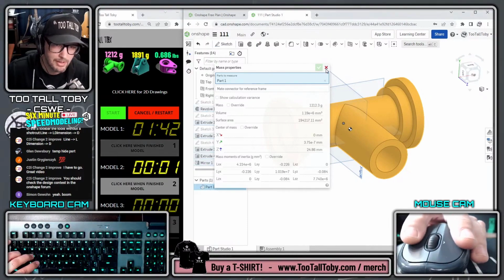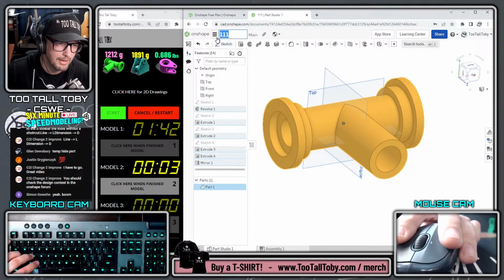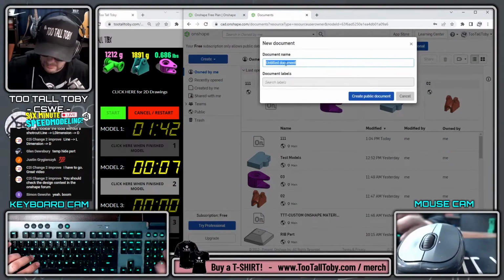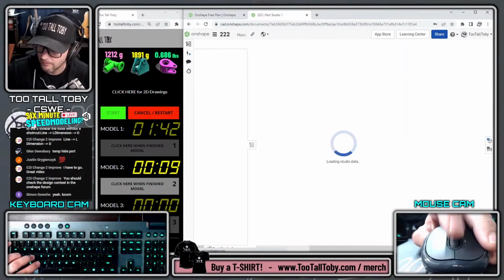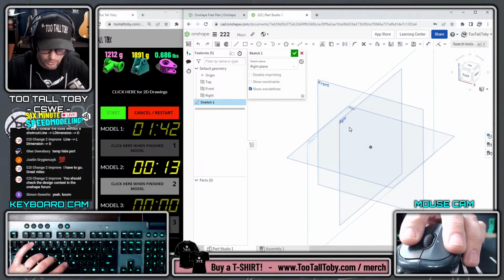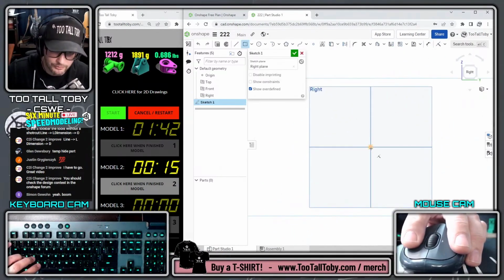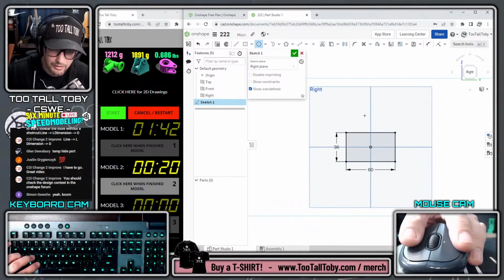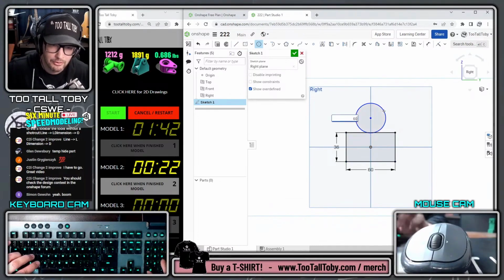So click here to finish model 1, and we are ready to move on to model 2. Not rename, no. We're going to close that, and we're going to create a new document here for model number 2. And model number 2 is the one that we are the most comfortable with because we spent all that time coming up with that wonderful strategy of a 60 by 36 millimeter rectangle, a 60 millimeter circle here,